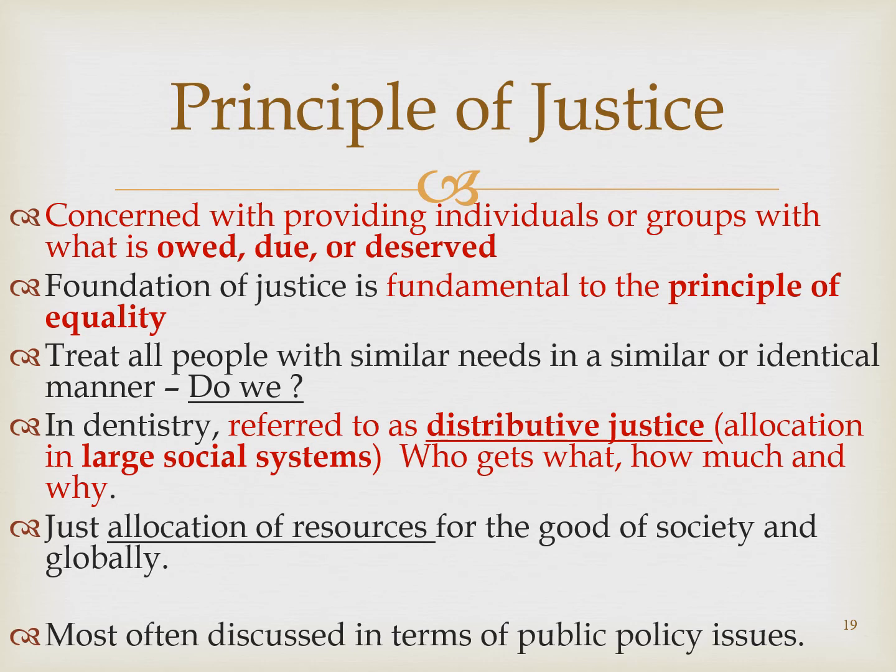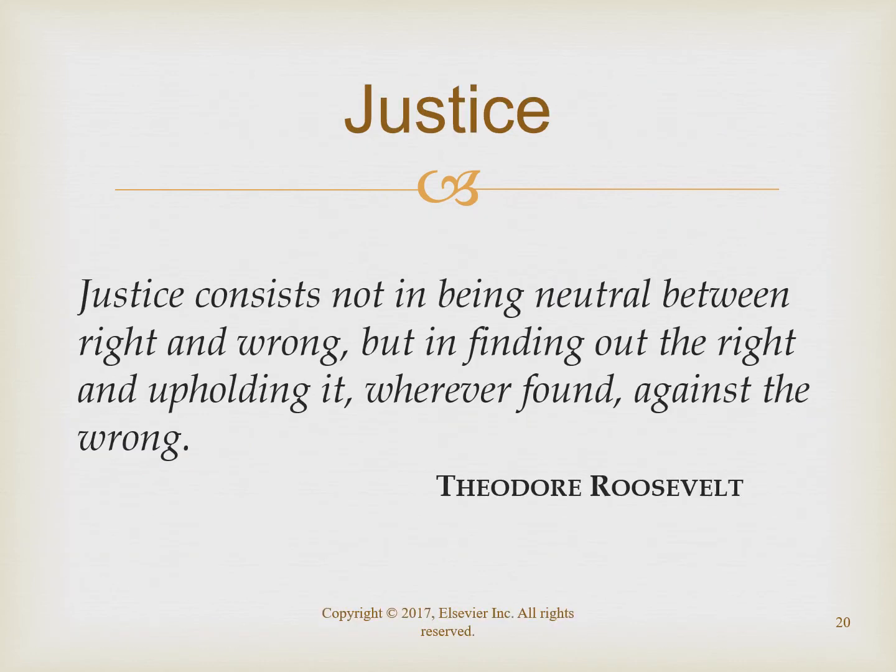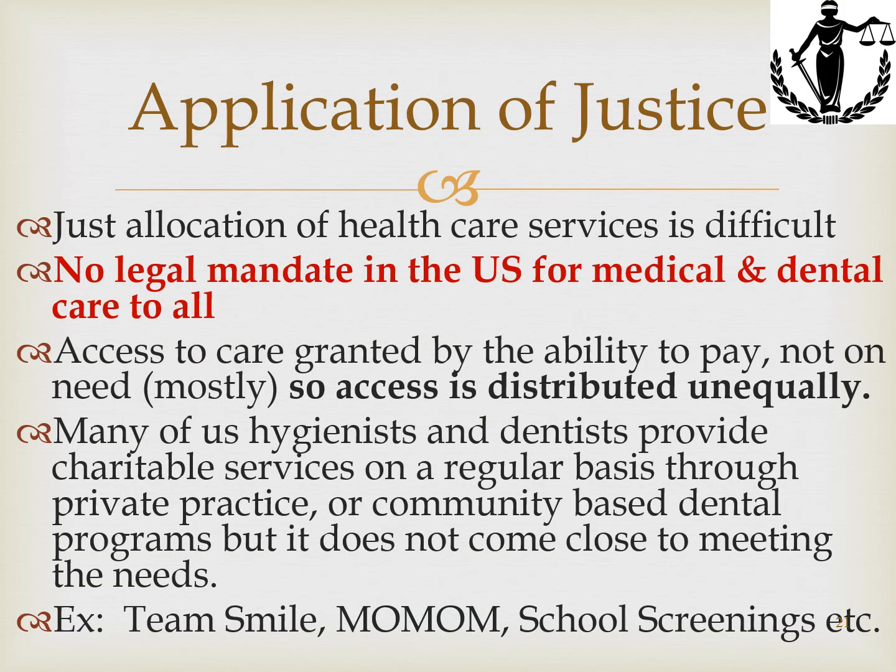You know, the United Nations has a certain amount of resources, and where do they give it? A lot of the world needs a lot of resources. How do they know how much to give what country? And there are so many countries that need allocations for health care and dental care, do they all get the equal amount? No. But it's something that we strive for. Distributive justice for global or community or state is most often discussed in terms of public policy issues. Now I'll let you read those little things yourself.